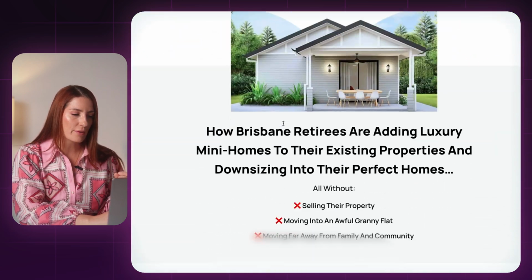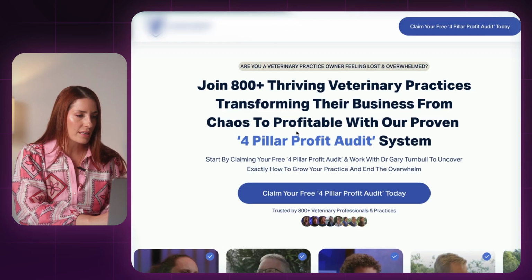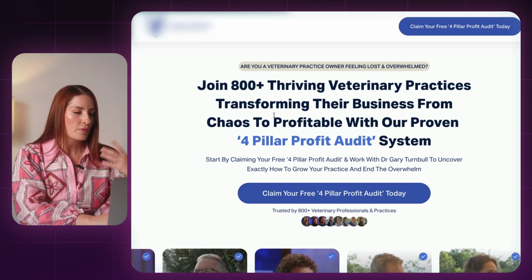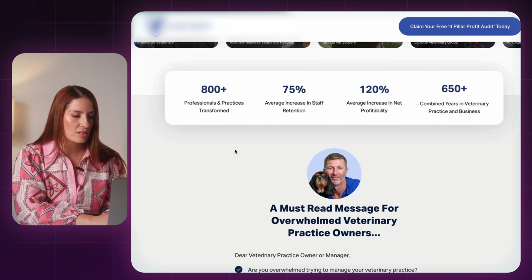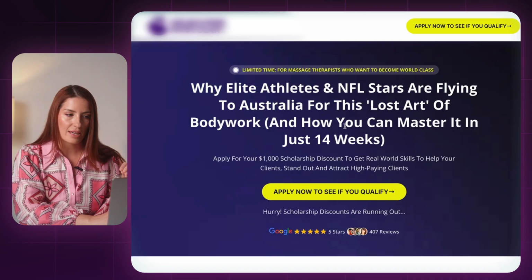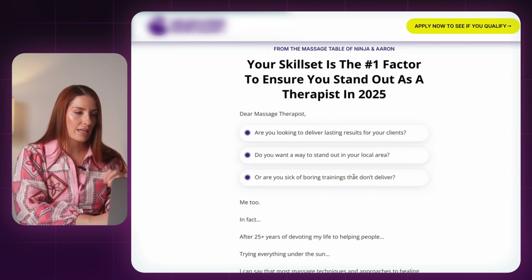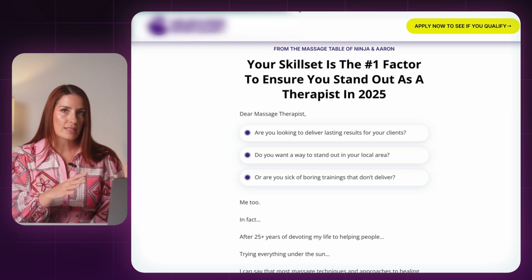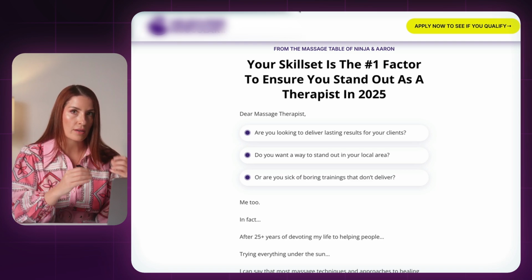So what I'm going to do is focus on this section right now, the lead, right? And what you're going to see is, again, we have the above the fold, we have the headline, we have the call to action, we have some proof. Here we have some USPs, but now we're starting to get into the lead. Same thing here, the above the fold, the headline, the subhead, the call to action, some proof, but now we're getting into the lead. And now we can see, okay, what do all of these examples have in common straight